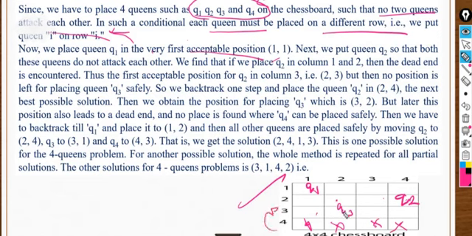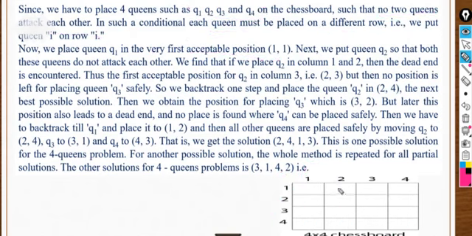Now there is no possibility for q3 here, right? There is no possibility for q2 here because both possibilities have already been covered. Now there is a need to change q1 itself, right? So if we change the q1 position, we are assigning q1 here. We are changing the position of q1.